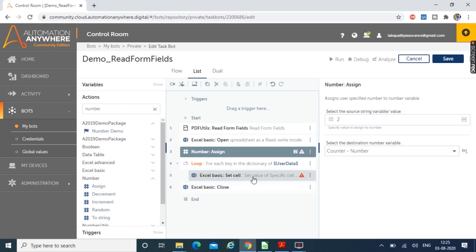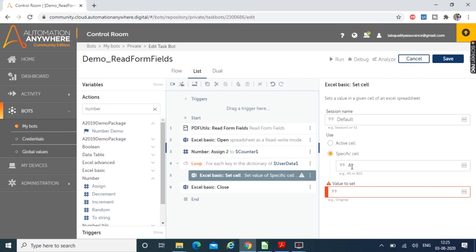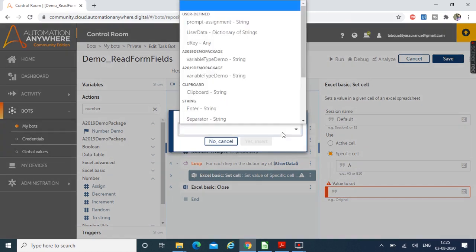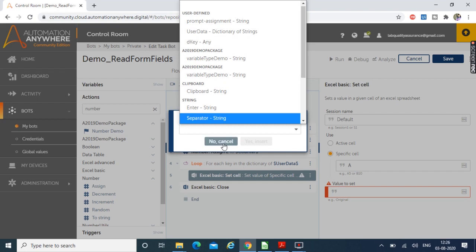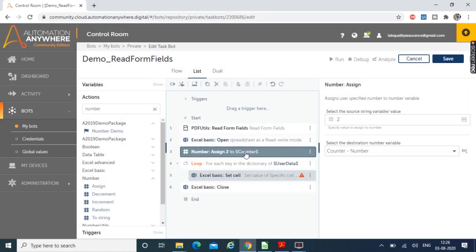Now since this set cell value takes only string values, if you press F2 here, you see you do not get the counter variable which we just created. So we'll have to convert the value present inside this counter variable into a string variable.